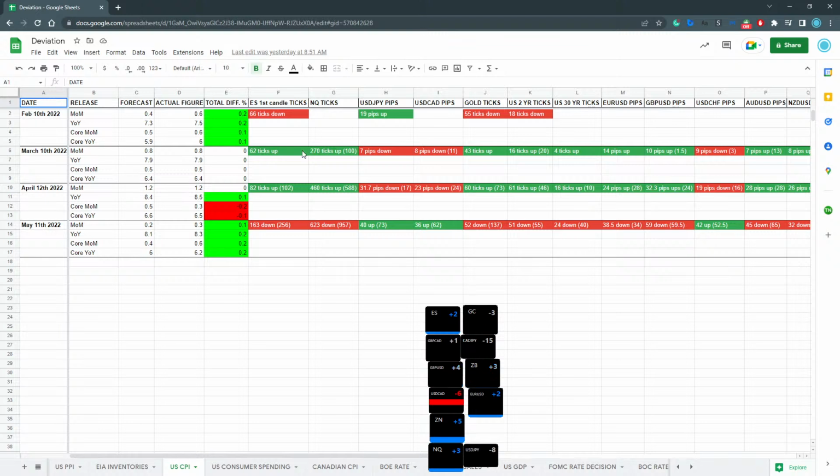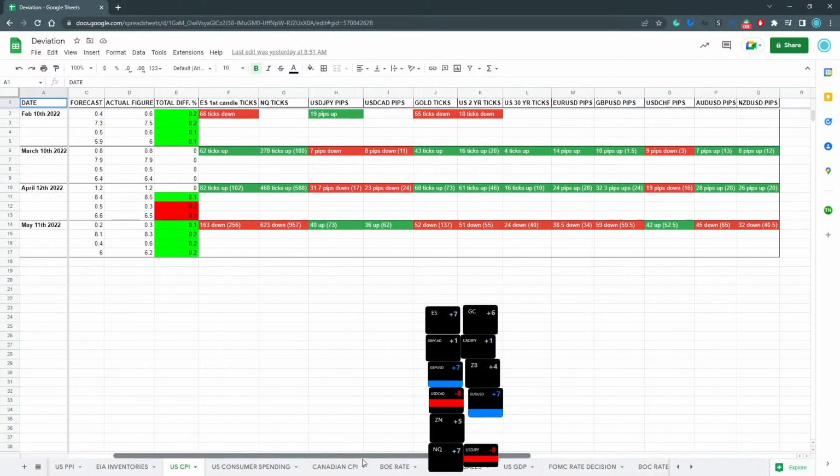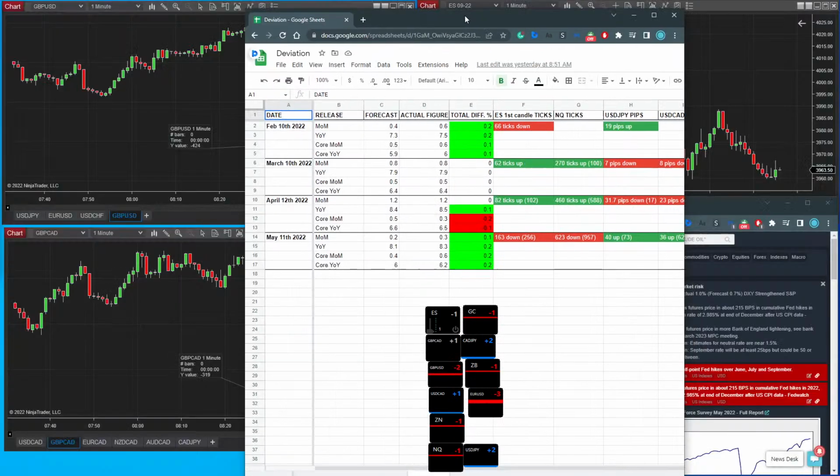Remember, you have the initial candle, going from the start of the candle to the wick, and the brackets represent the movement after 10 minutes of the release. So there's quite a bit of detail added there, going across different instruments and different asset classes, that I go through in detail to provide to you, so you can manage your trade, or maybe capitalize on a potential trade, whatever it may be.